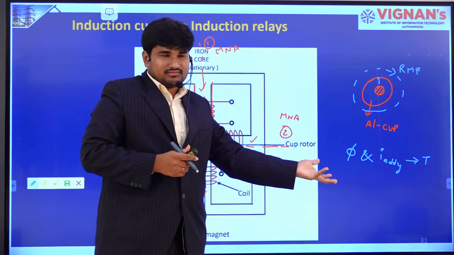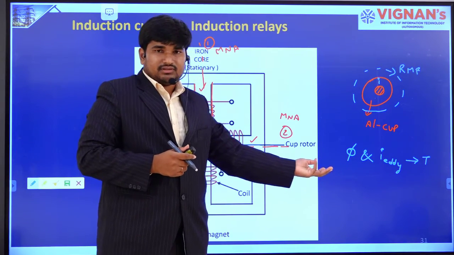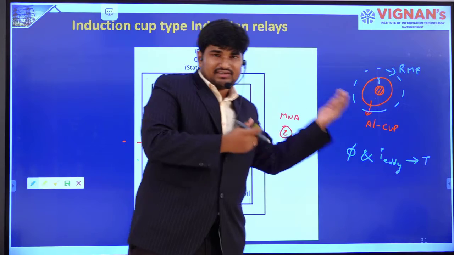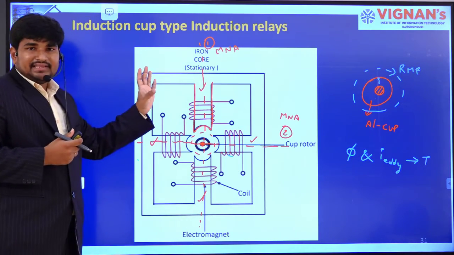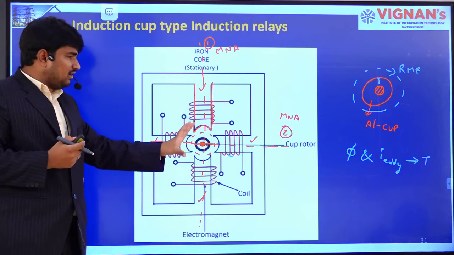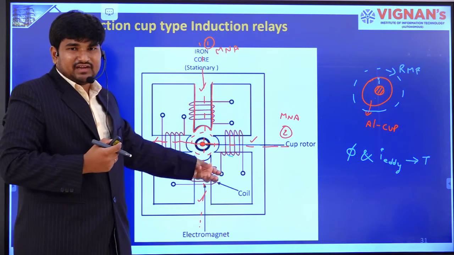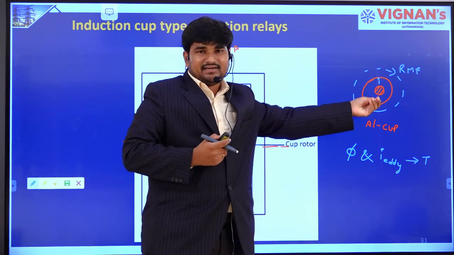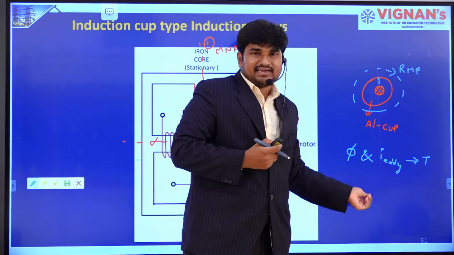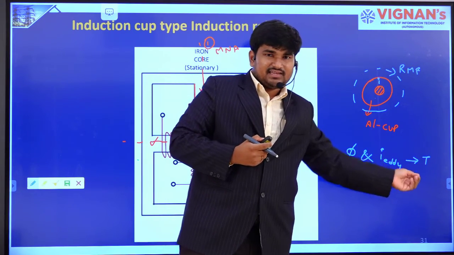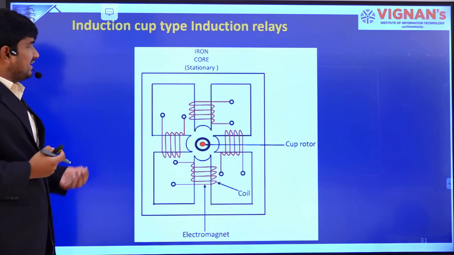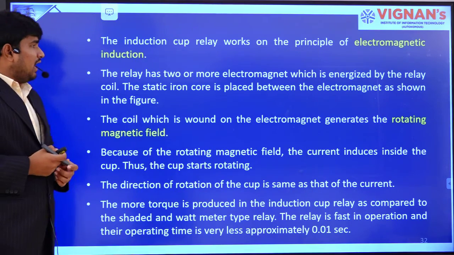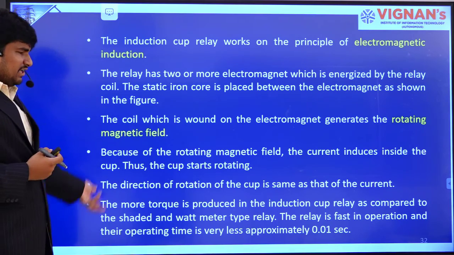as we have discussed in previous cases. So in this way, in case of an induction cup type relay, because of having a rotating magnetic field, the eddy currents will be created. Because of interaction between flux and eddy currents, the torque will be generated. So this is the third type of induction cup type relay, and these are the key points that I have